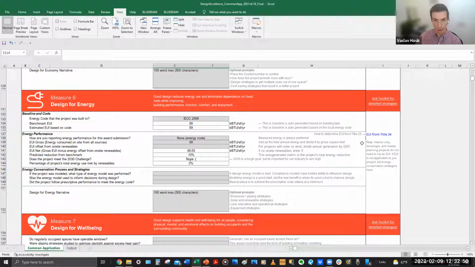There are some additional calculation steps and instructions on how to arrive at the EUI that's requested on this common app. It basically comes down to converting electric kilowatt hours into kBtus, as well as the typical natural gas energy values that come in therms usually in those tools, also into the common kBtu per square foot value. The other thing about the design for energy, so you may have some on-site renewables.